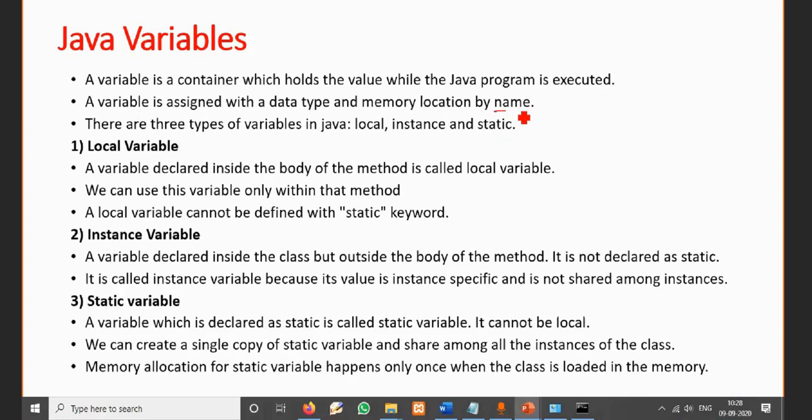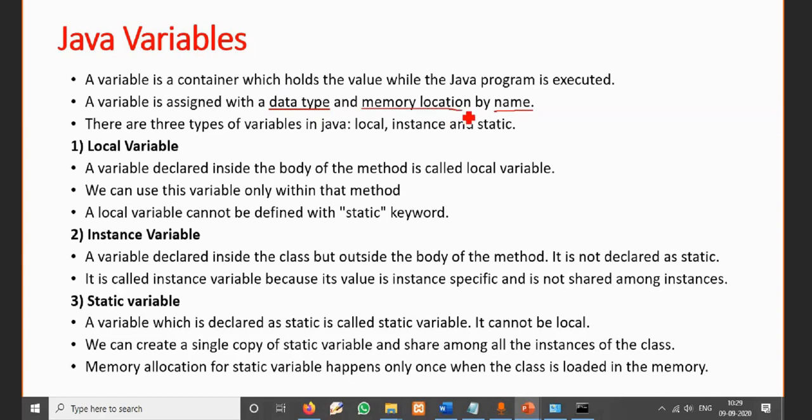Then once the name is there, we have to specify the data type, because the name is for identification of that variable, and next is what type of data we want to store in that variable. So the data type is required, and next a memory location will be allocated for that variable.